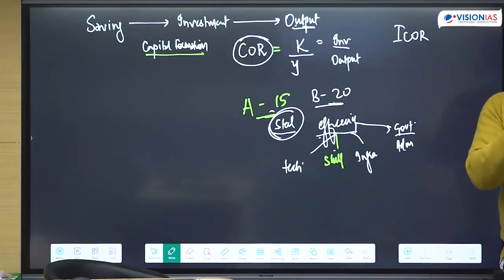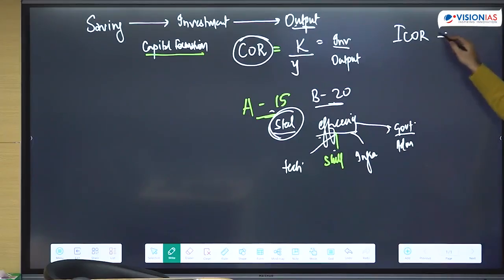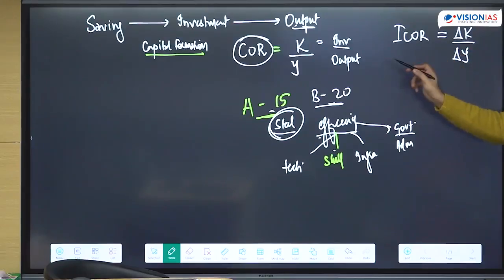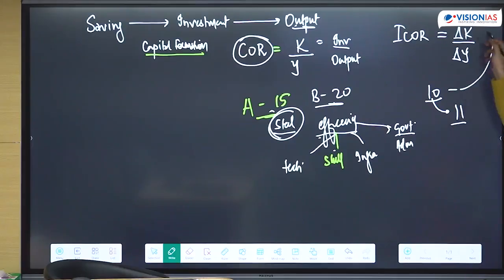That particular concept is called the incremental capital output ratio. I am already producing 10. If I want to produce 1 extra unit, how much extra capital would be required? So if 20,000 is what I required for 1 unit, now 10 units are already being produced, and going from 10 to 11 units, how much extra capital will be needed? That is your